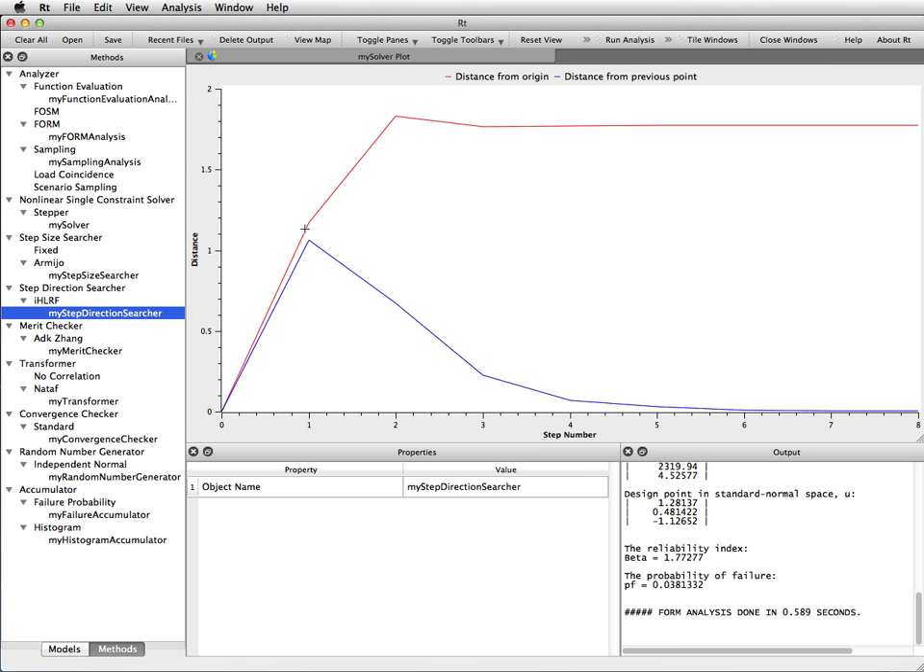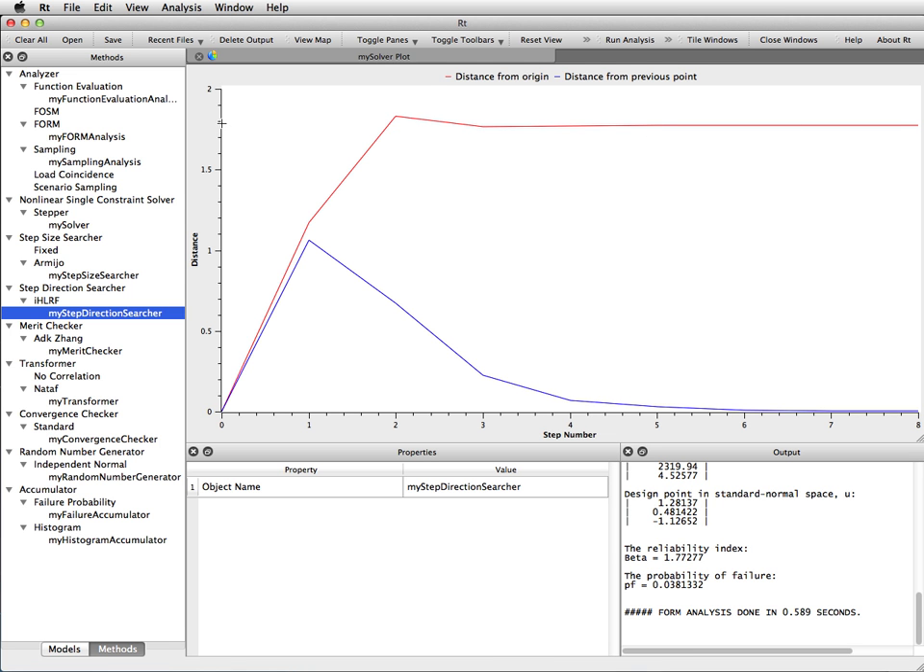The red line shows you the distance from the origin to the trial point in the standard normal space for trial point number 1, trial point number 2, trial point number 3, etc. The blue line shows the distance. This value here shows the distance between the current trial point and the previous trial point. So you can see that the trial points in the standard normal space are getting closer and closer to each other as we're approaching the design point, and the distance from the origin stabilizes to some value around